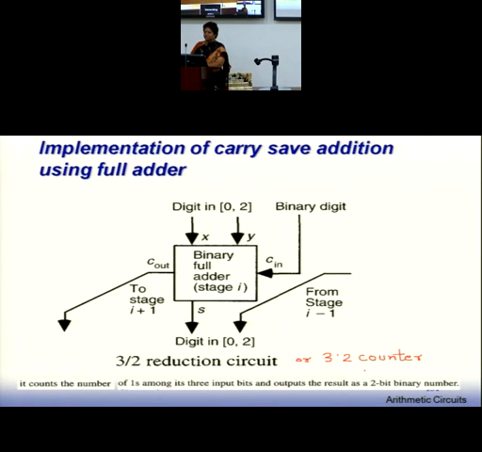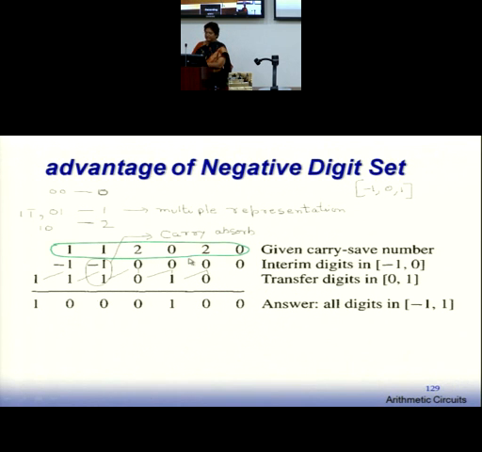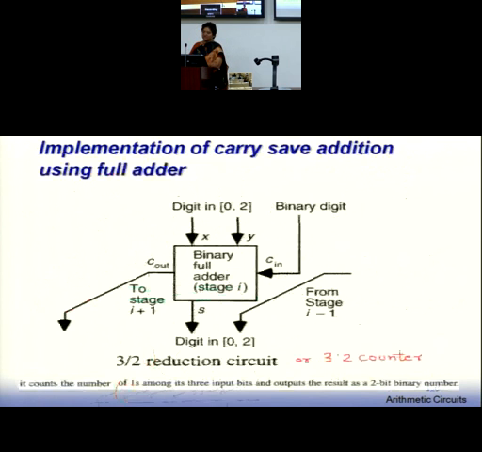Now look at this example. Anytime, this is also an addition step. You would have got this answer also through an addition step. Remember, this is adding. So if you want to add and implement a circuit, it would be a full adder, which we call a 3:2 reduction circuitry, a 3:2 compressor. Why? Because it takes 3 inputs and produces 2 outputs.